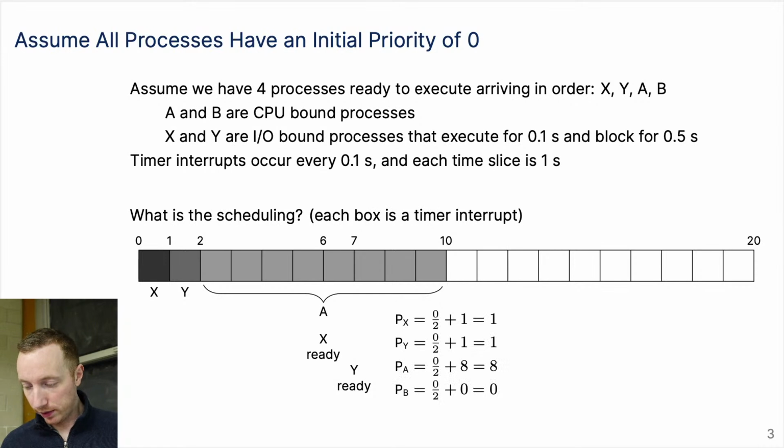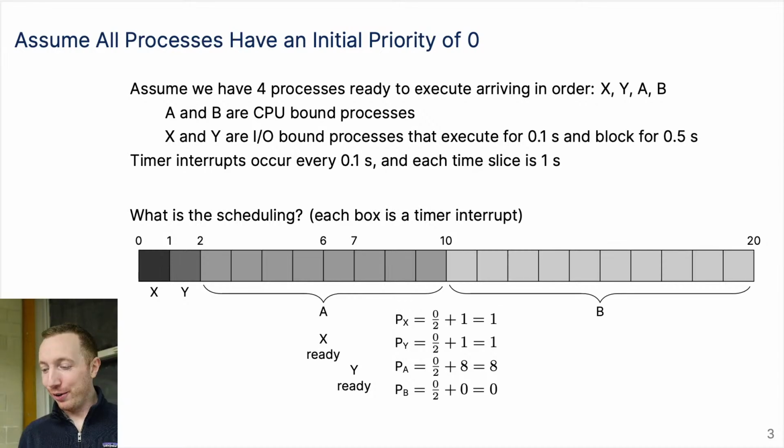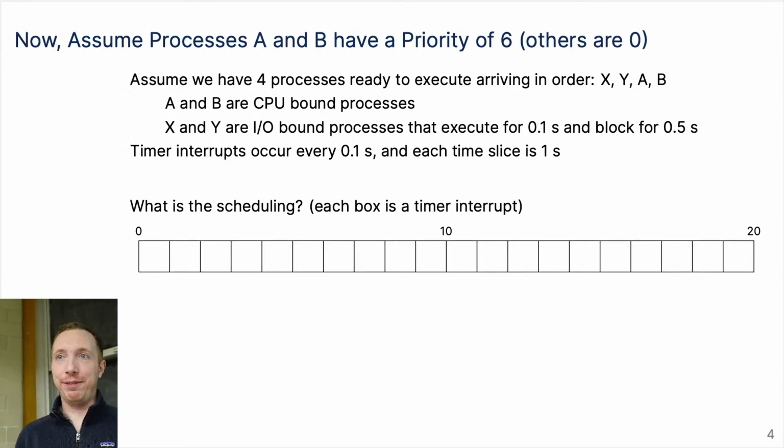So in this case, at T10, do I schedule based off these priorities? The version of it would be if processes A and B have a priority of 6, and X and Y have a priority of 0, or they're blocked. So where are we going to schedule? A. There's a tie between A and B, and A came first, so we'll just